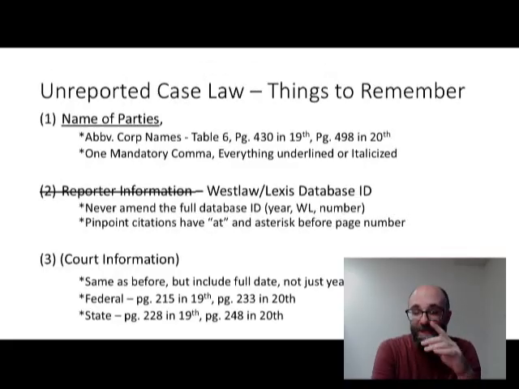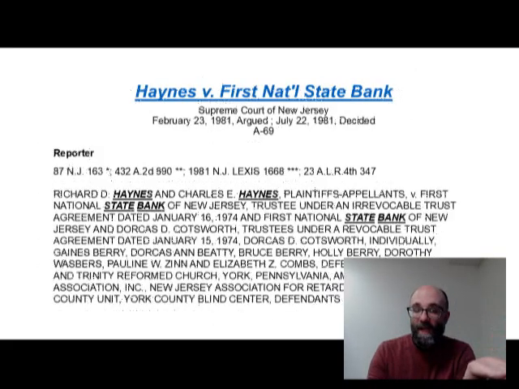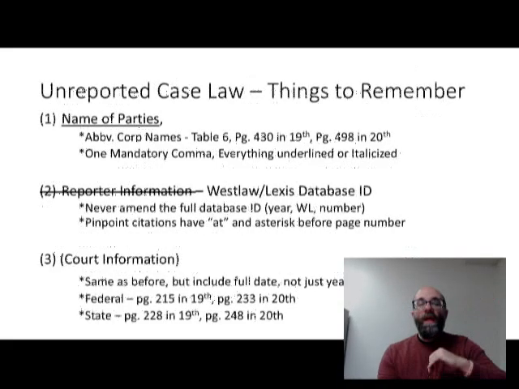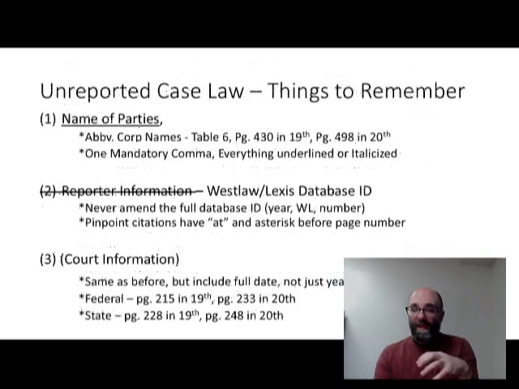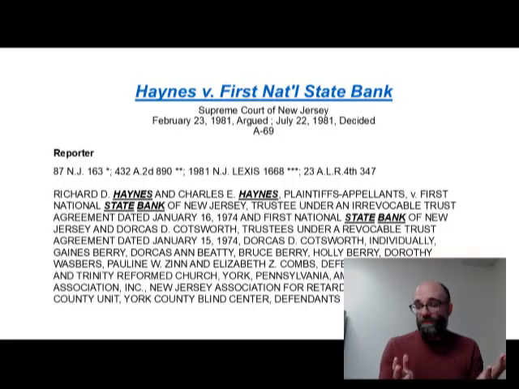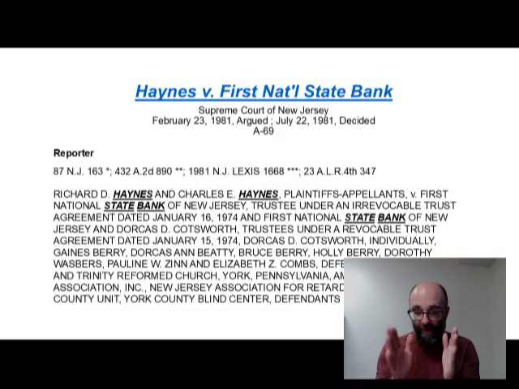The name of the parties does not change. It's still humans and non-humans, right? Haynes and First National State Bank, nothing changes there. So that stays exactly the same. The difference is that the Westlaw and database number takes the place of the reported information. So instead of 432 A.2D 890, you just put the 1981 NJ Lexis 1668 in there, right in that second